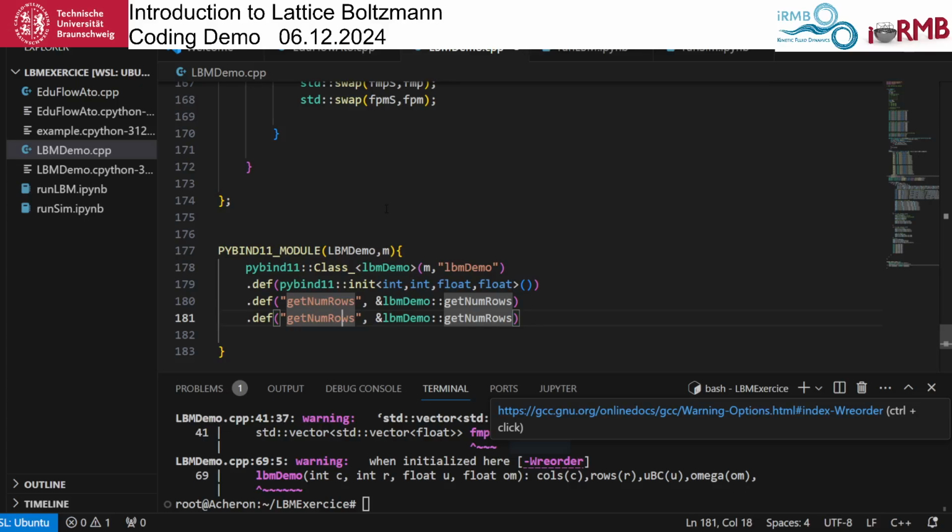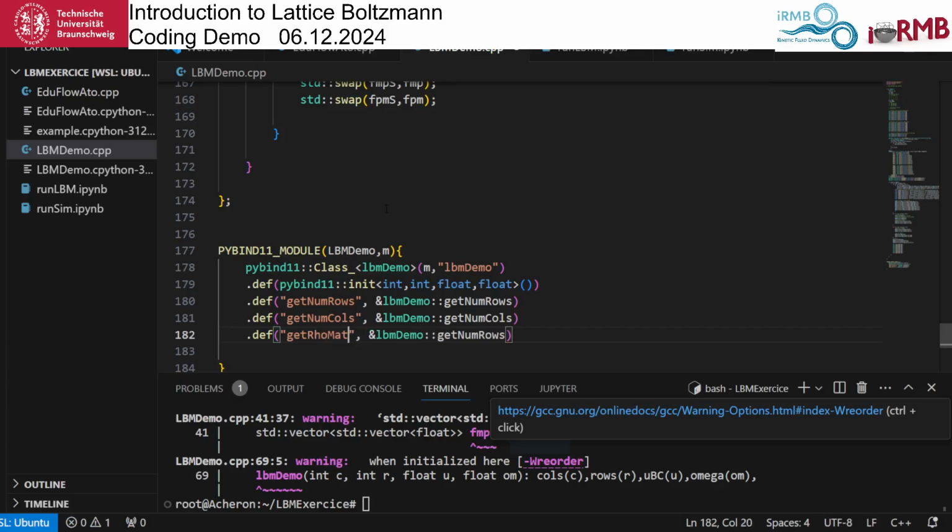Get num cols, get num cols. So, and now the important stuff is to actually get the matrix for